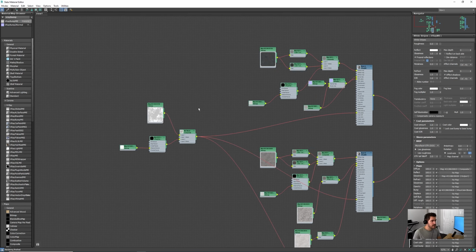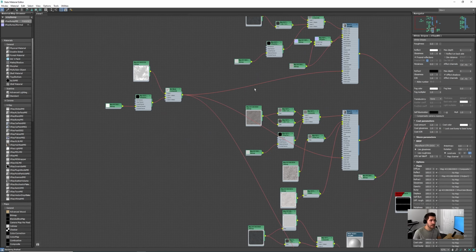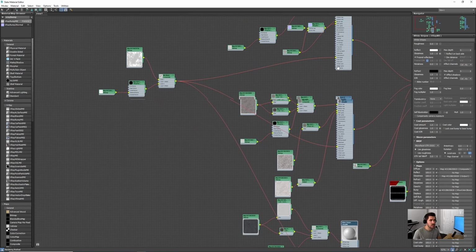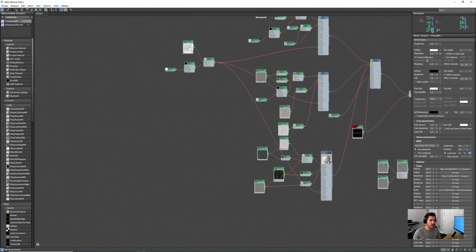So I have the same mask tagged into the coat glossiness slot of each of the three main materials that are blended with a coat amount of 1. And what I'm gonna do now,